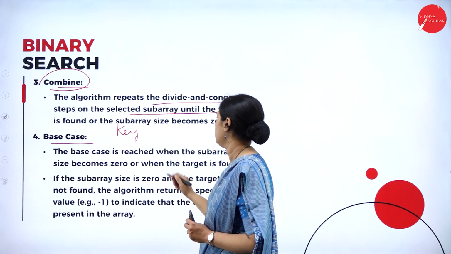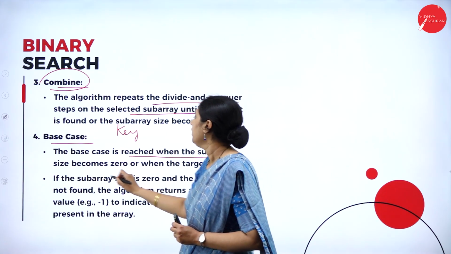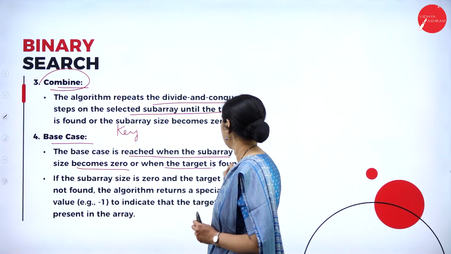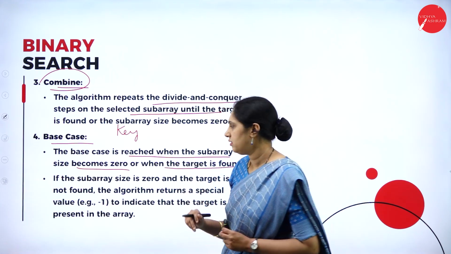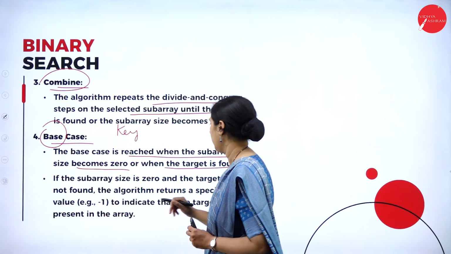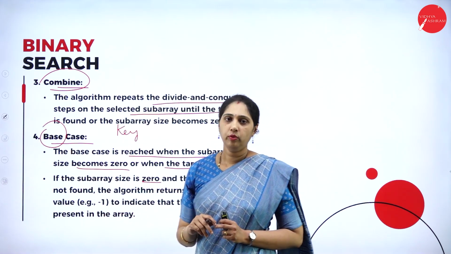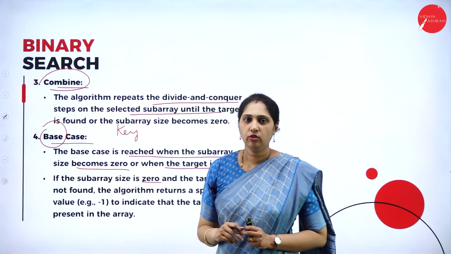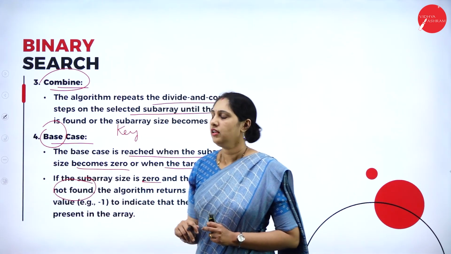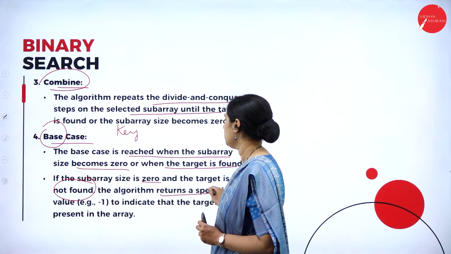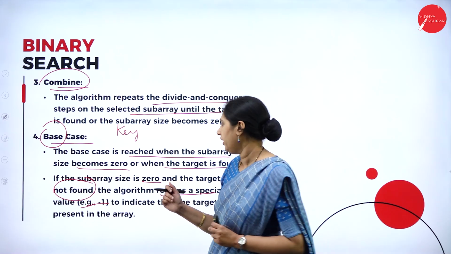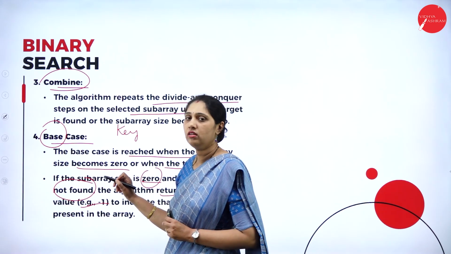The base case is reached when the subarray size becomes 0 or when the target is found. That is the base case. If the subarray size is 0 and the key element is not found, then the algorithm returns a special value, -1,